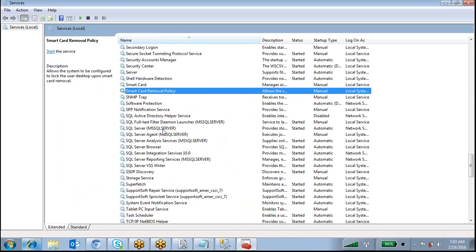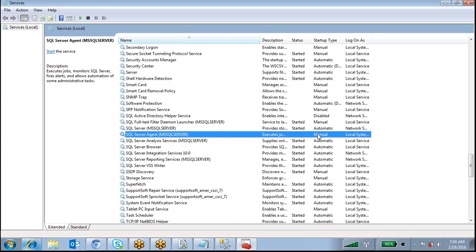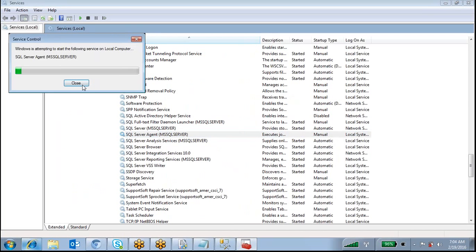This SQL Server Agent, you have to start this one.